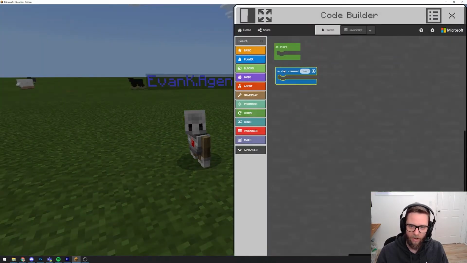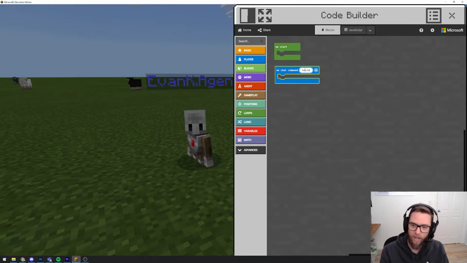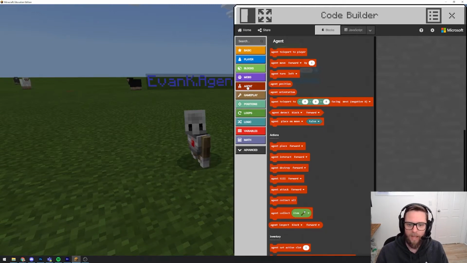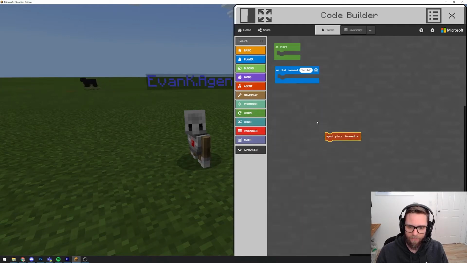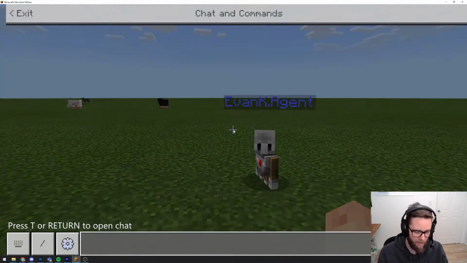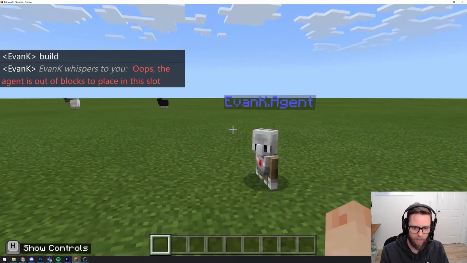This is a blank code. I'm going to have to get it to do a couple of things. If I want him to build, I'll start with this onChat command like we have with the others. So when I type build, I want him to place a block. So let's get agent place, and I'll drop it in there, agent place forward, so he'll place a block in front of him. I'll hit the little play button down here to save that, and I'll type in chat build,